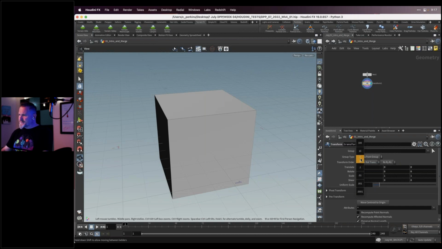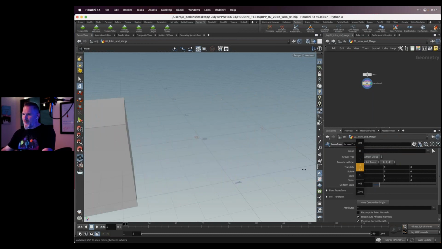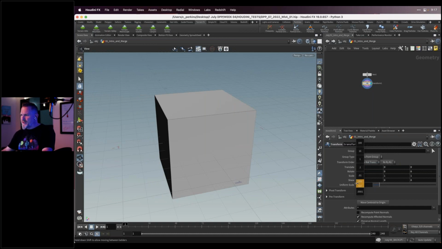But if I go up here, you'll see I'm working on ones, tens, and hundreds. If I want to adjust this by 1, I'm still holding my middle mouse button. I drag to the right to increase by 1, drag to the left to decrease by 1s. Or if I really wanted to move this much bigger, I could move by 10s or 100s. Or I can move by a 10th by going down here, still holding my middle mouse button and dragging left or right. Or I could go down to something really fine-tuned, like a 100th or even a 1,000th. See, it's barely moving now. So it's an interesting way to adjust properties.